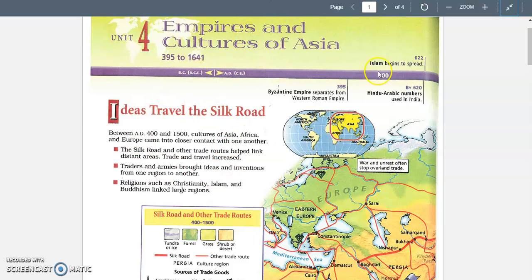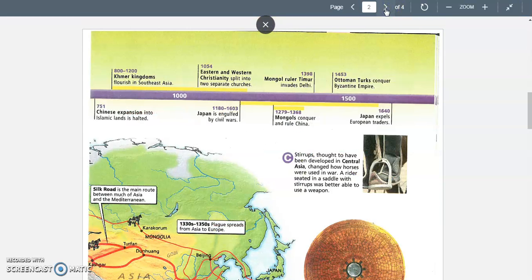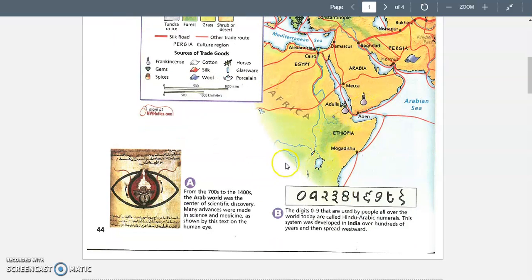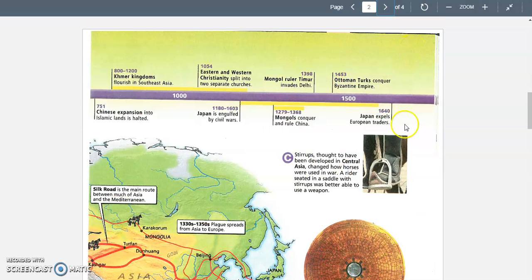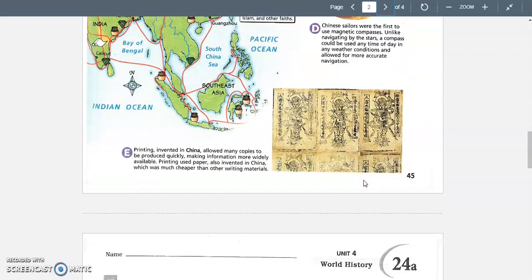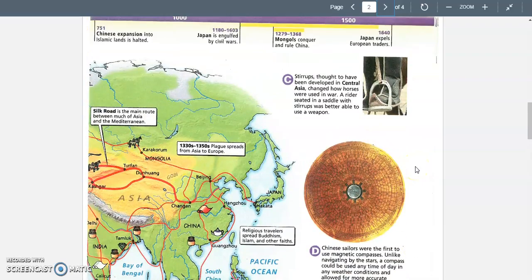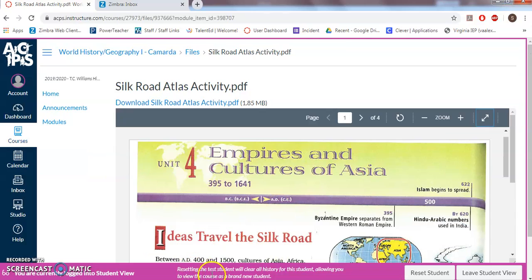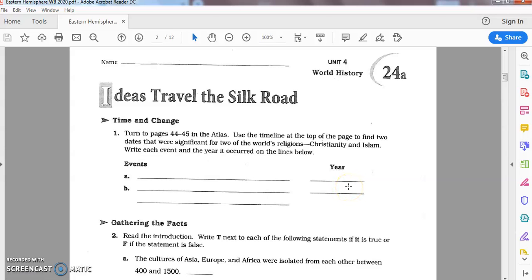You're going to have to use the timeline and look at different events on the timeline. And you're going to have to go back and forth a little bit because the timeline was split across 2 pages. And you're going to use the map. Don't forget to use the key. So look closely at the key to figure out what all of this means. And you're going to have to use the different pictures around the map. So A, B, and picture C, D, and picture E are right here. So you're going to have to read over all of those things to answer the questions that go with the atlas assignment on pages 1